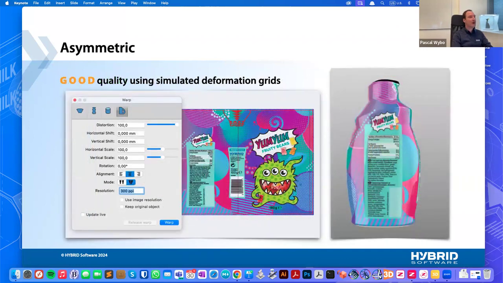But when we talk about asymmetric shrink sleeves, that's what you see here in the picture, then we think today you can offer a good quality with the simulated deformation grids. Simulated deformation grids are actually based on a 3D model that was created with an IC3D, for instance, and where theoretically a shrink sleeve has been wrapped around. Of course, that simulated grid that is a result out of this,